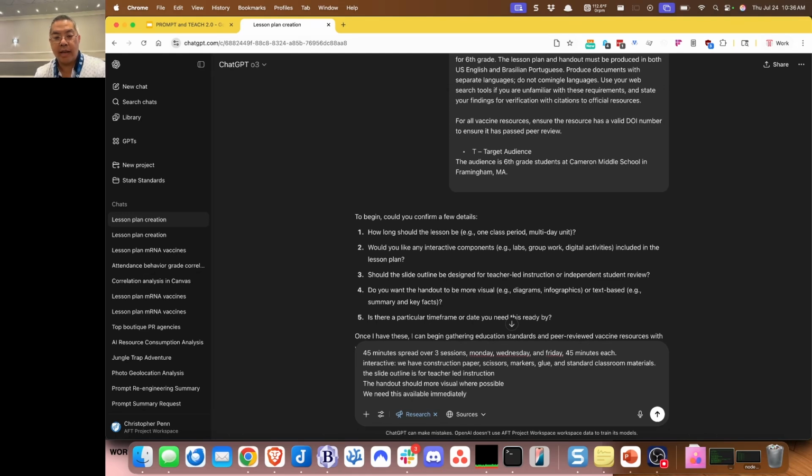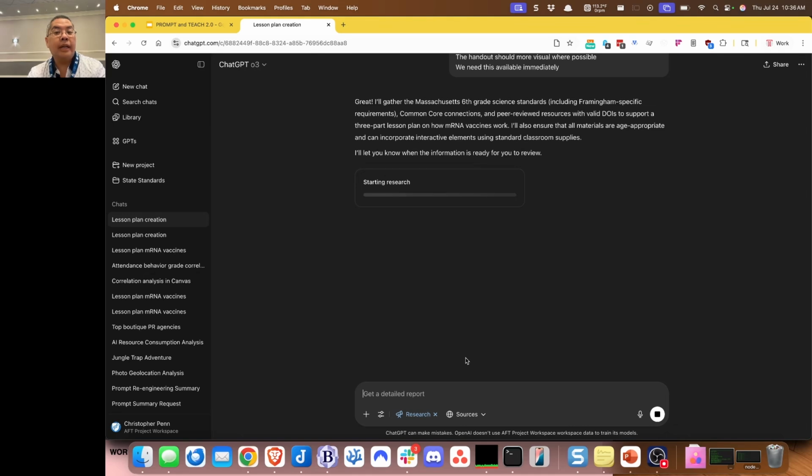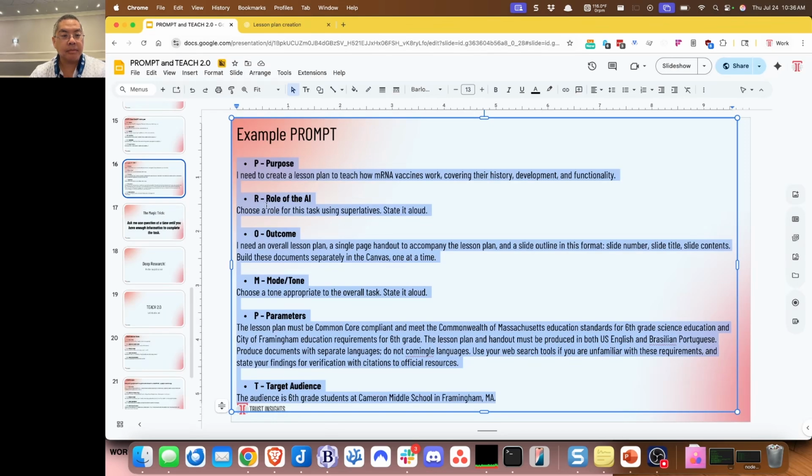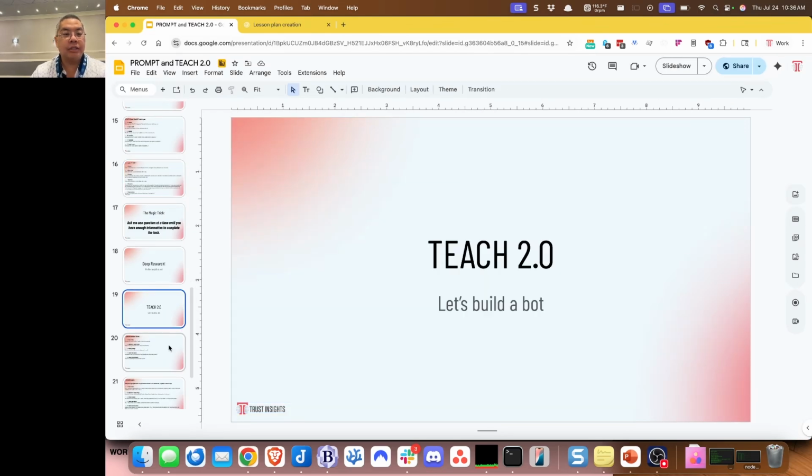So I've answered all of its questions, and now it's going to take between 30 and 45 minutes to go and crawl the web and crawl the resources that we've outlined for it to assemble the full report. It's going to pull in the grade resources, it's going to pull in the background data, and most importantly, it will have a long list of citations about where it got its information from. So while it's working, let's now move into the last part, which is building a chatbot of sorts to augment